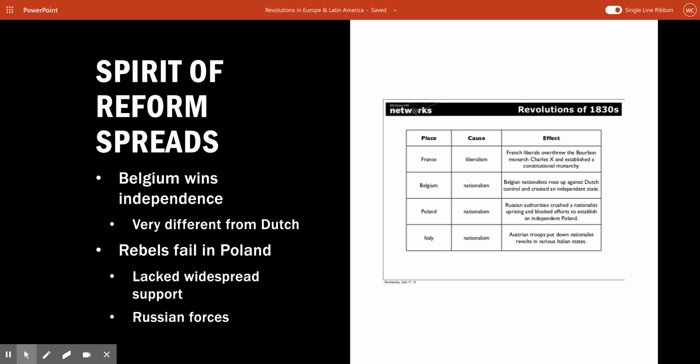So Belgium becomes an independent country. The problem was that Belgium was thrown into a single country with the Dutch, with the Netherlands, by the Congress of Vienna after Napoleon's defeat, when they redrew Europe's borders. And the Dutch and the Belgians are very different from each other. The Dutch people are Protestant Christians, typically involved in trade. Whereas Belgium is mostly Roman Catholic, involved in manufacturing jobs. They speak French, whereas the Dutch obviously speak Dutch. So even linguistically, these places are different from each other.